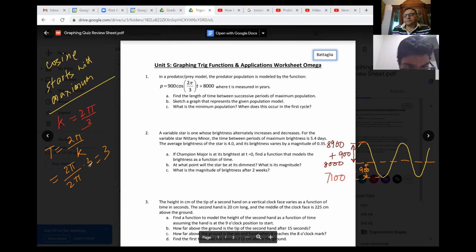So it is 3, right? If I sketch this graph with the axis, we have the y-axis starting like this. Correct. So I'll break this here, and I'll draw this. When I do that, I know that one cycle is 3,